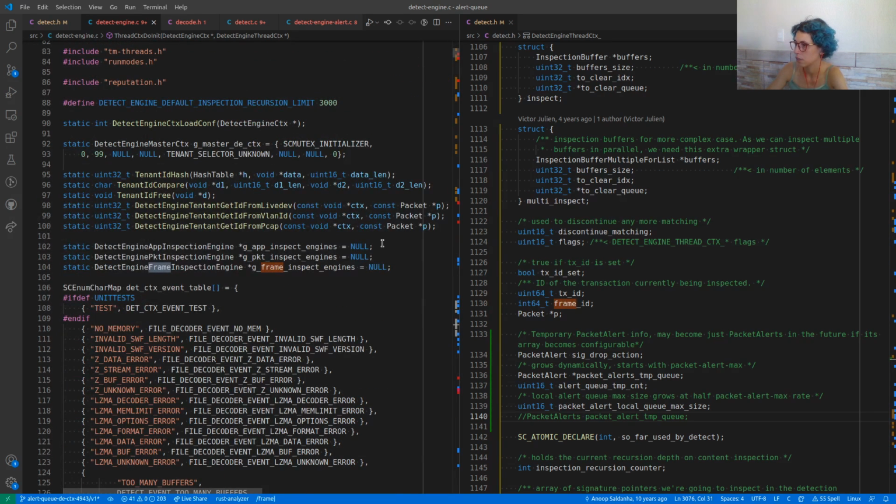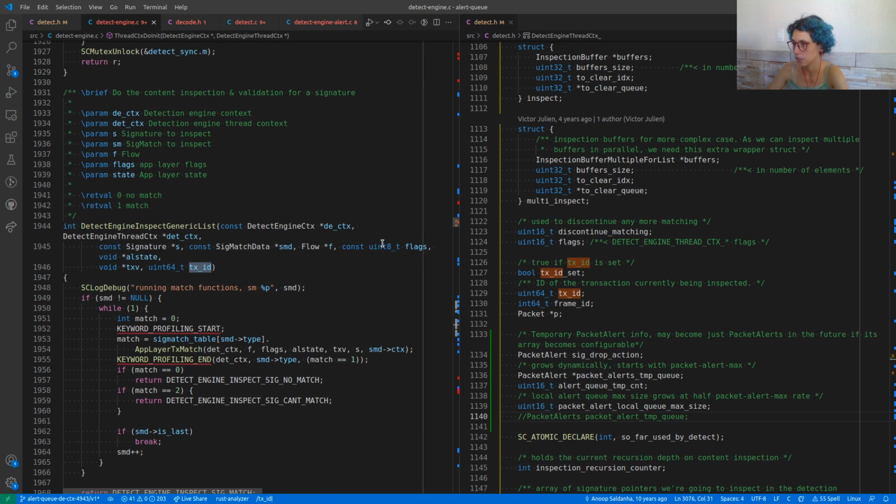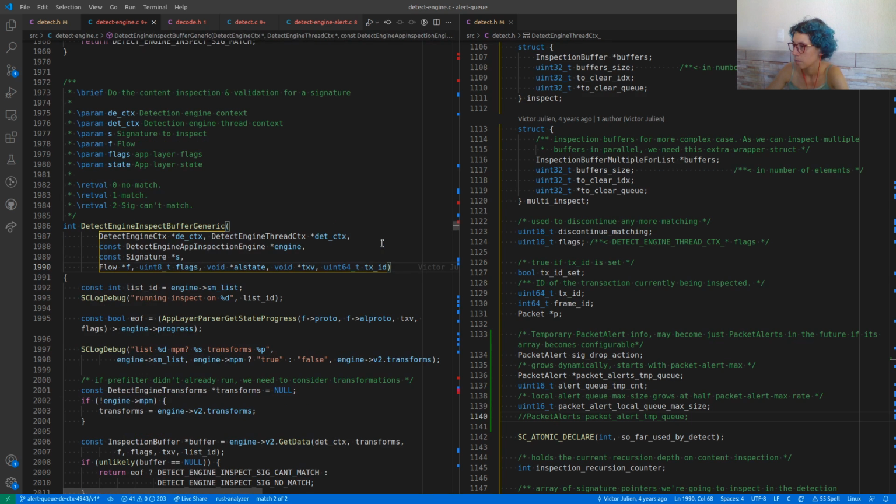Frame ID. Nope. Let's try transaction ID. We should have something related to that, yes, we do, but that's not the same thing. Did I just lose my beautiful thing that I was inspecting? I did.